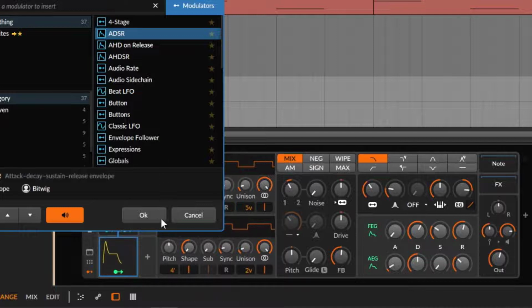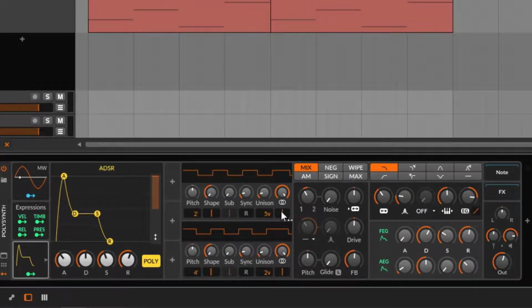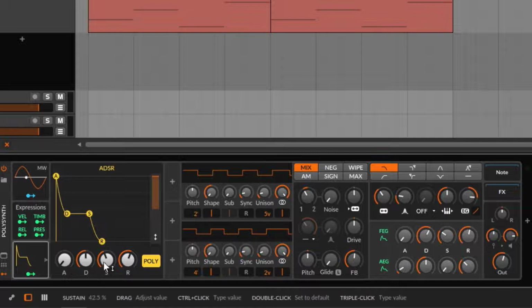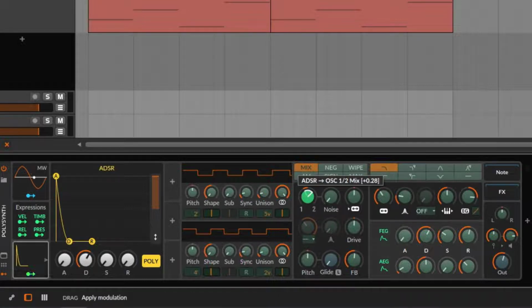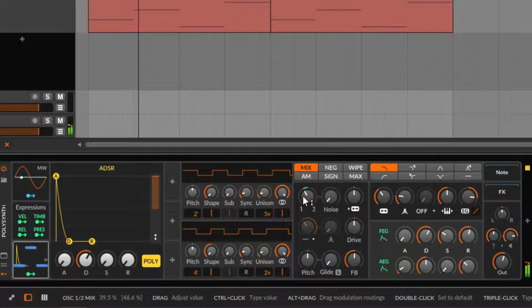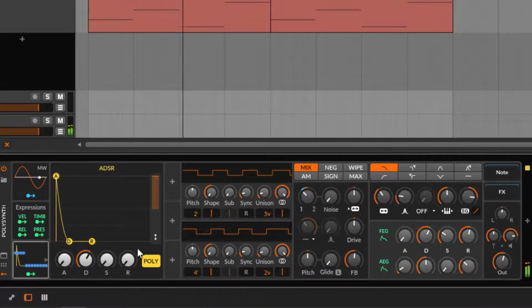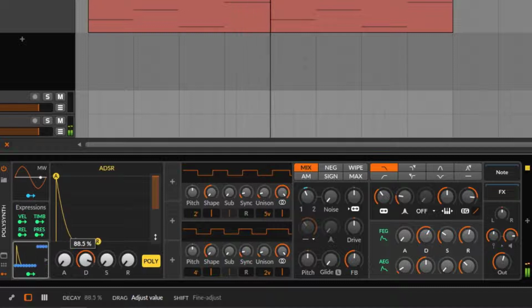So I'm gonna do ADSR. I'm gonna go right here. And what I want on this ADSR is just to go up and down between the 1 and the 2, because we can. So I'm gonna go there, I'm gonna go there. And for now, again, I don't know what I'm gonna do, so I'm gonna do a little bit of experimentation. Let's see what we get. So right now, with this envelope, it's just kind of staying more on the 5. So if I make it bigger,